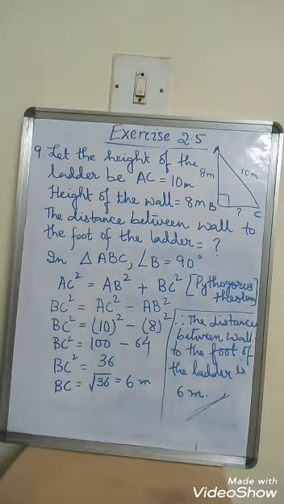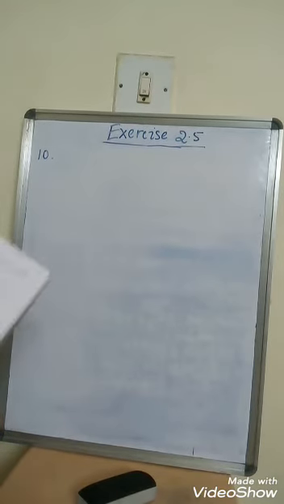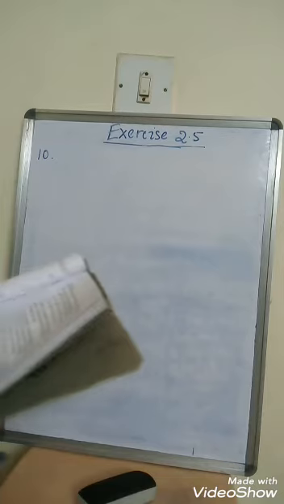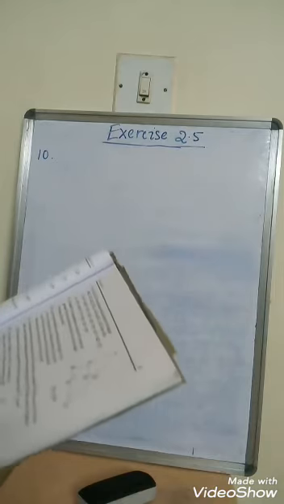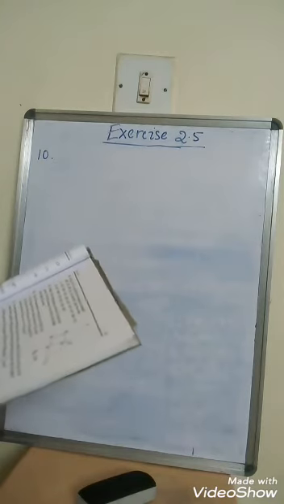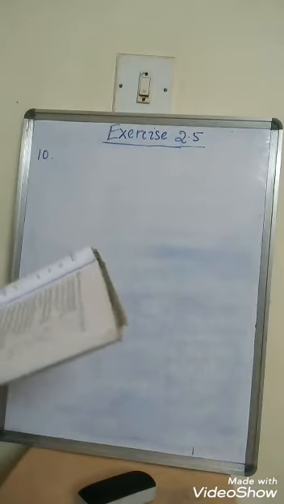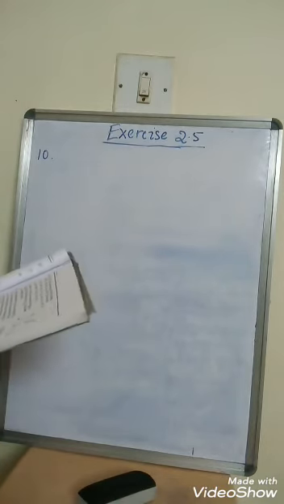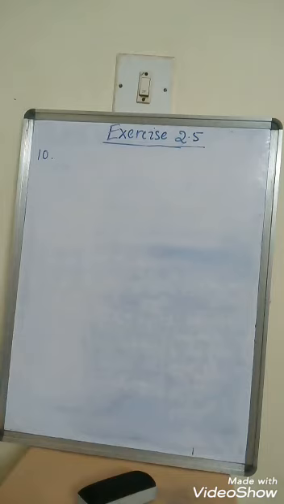Next we come to question number 10. Now we come to question number 10. Look into your book, page number 59, question number 10. A guy wire attached to a vertical pole of height 18 meter is 24 meter long and has a stake attached to the other end. How far from the base of the pole should the stake be driven so that the wire will be taut? Okay, so now here they have said that there is a wire, okay, which is attached to a vertical pole.